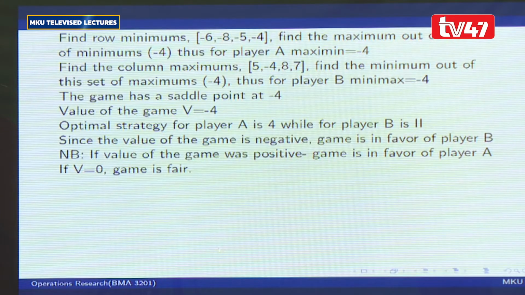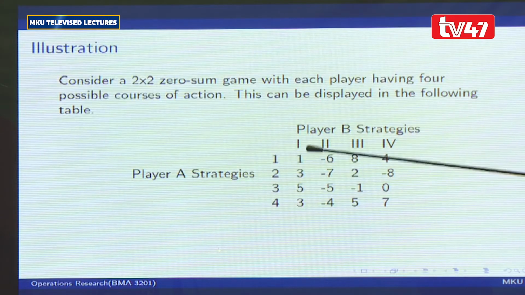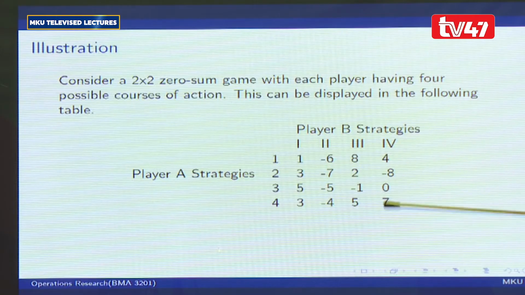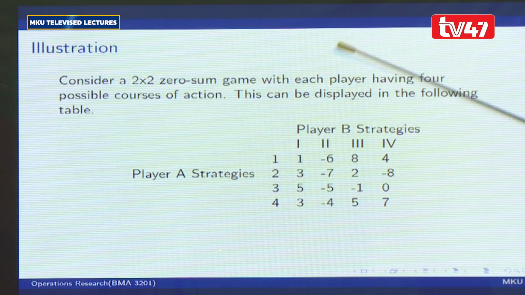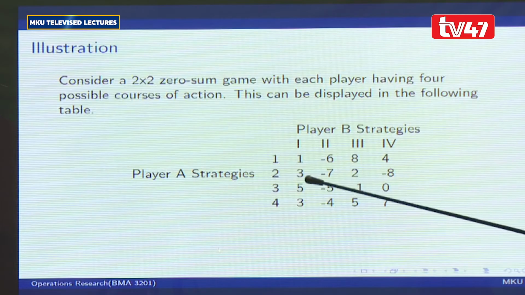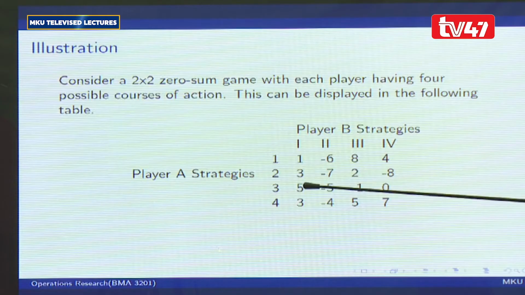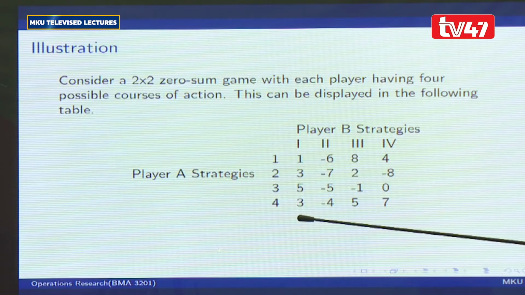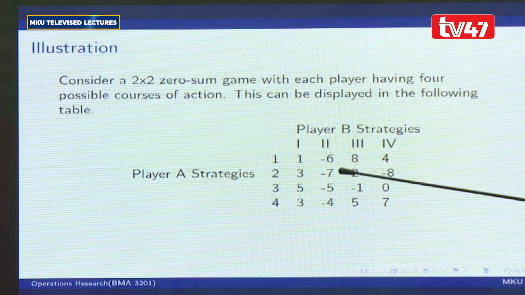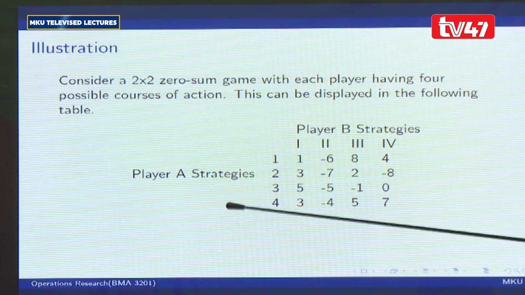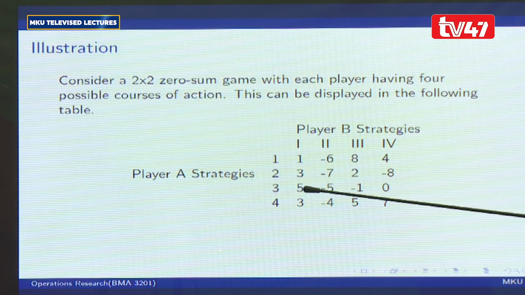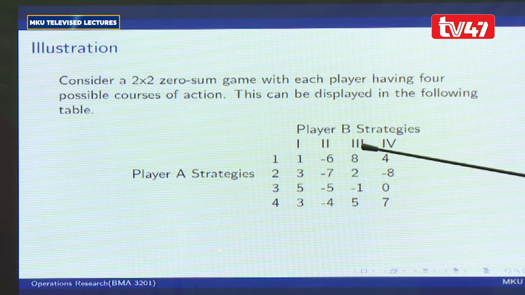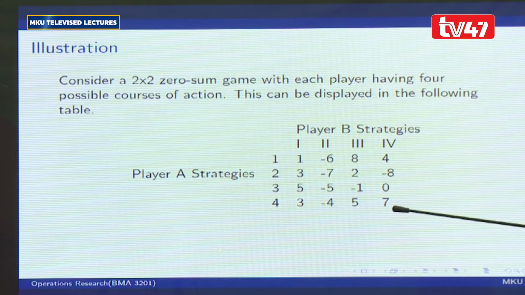Then for player B, their strategies are based on the columns. So we will apply the minimax principle for player B. Get the maximums, then out of those maximums, we get the minimum. In this case, we will have 5, we will have negative 4, we will have 8, and we will have 7. Then out of that set of maximums,